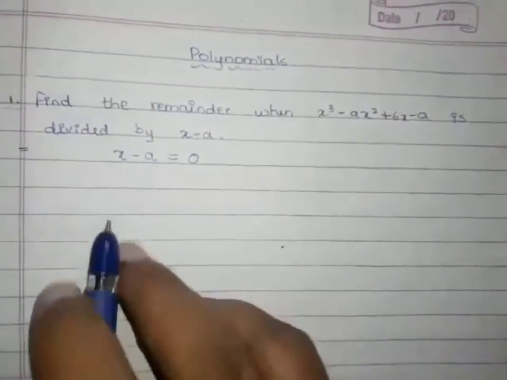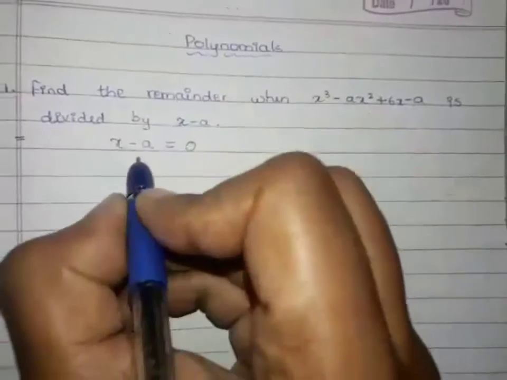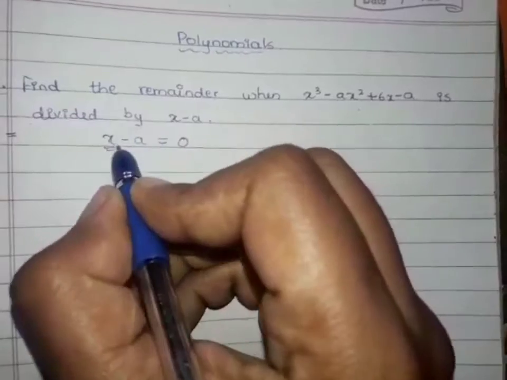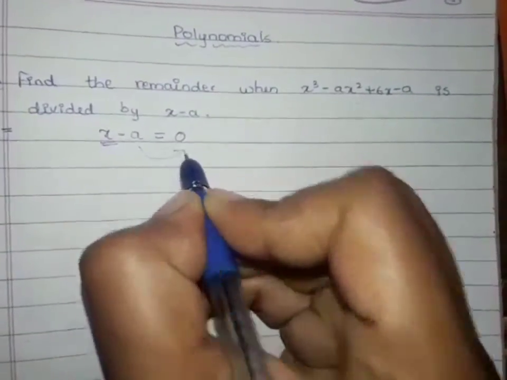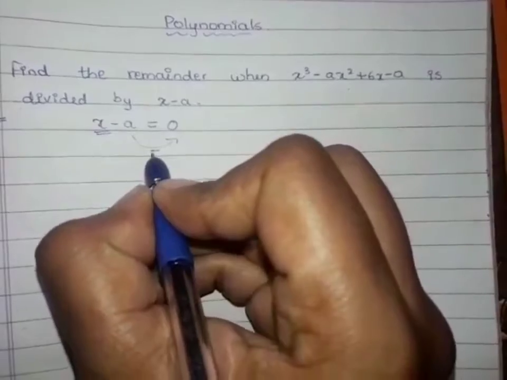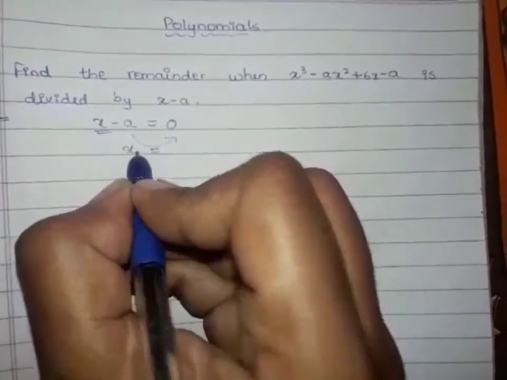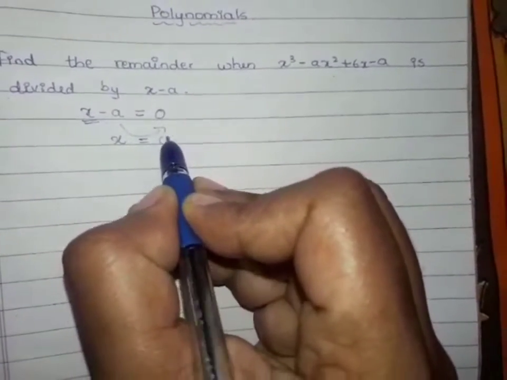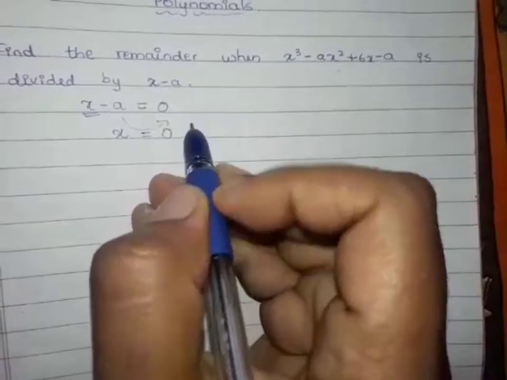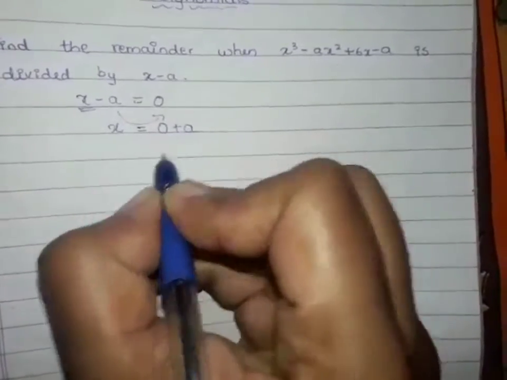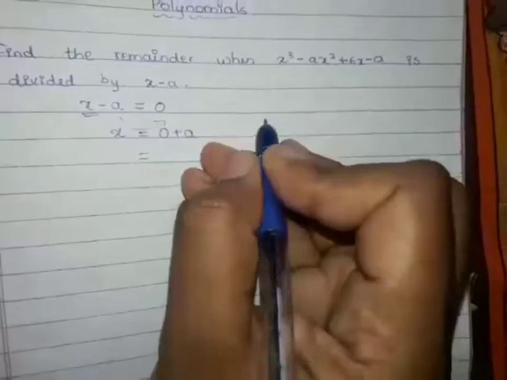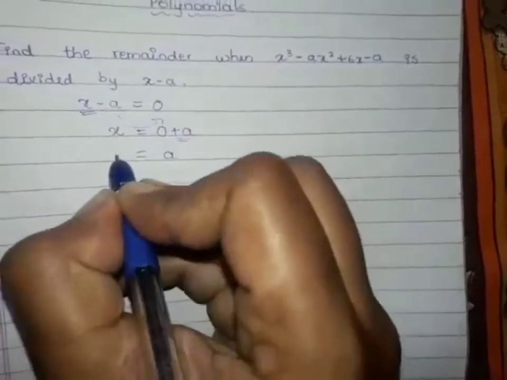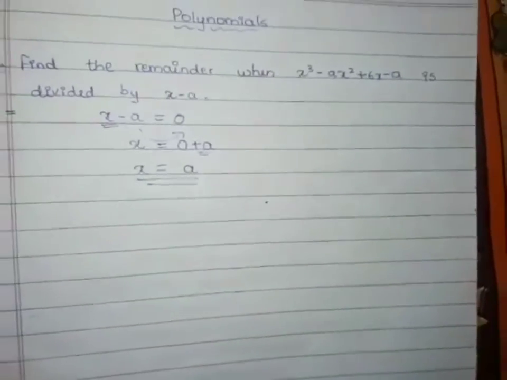Here actually we are finding x. So let us keep x in its position, and let us take the term minus a to the other side of the equal to sign. The 0 will remain as it is. Minus a, when we take it to the other side, becomes plus a. Okay, so 0 plus any number will be the same number. So we can ignore 0 and only write a. So what did we get? We got x is equal to a.